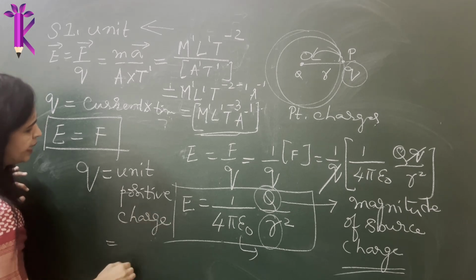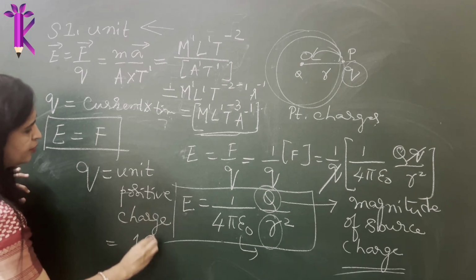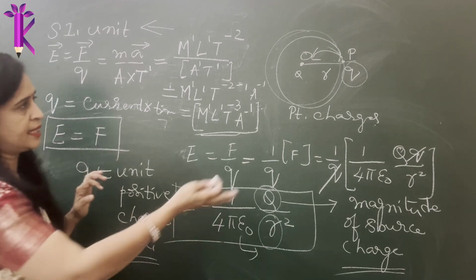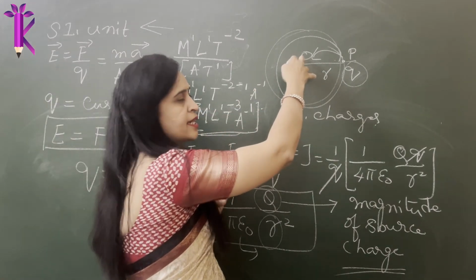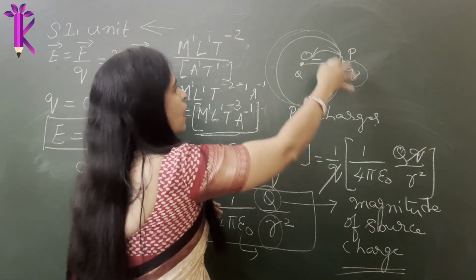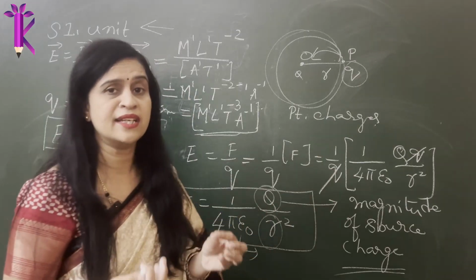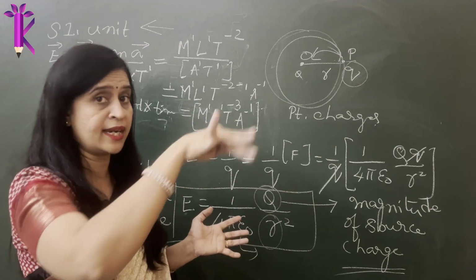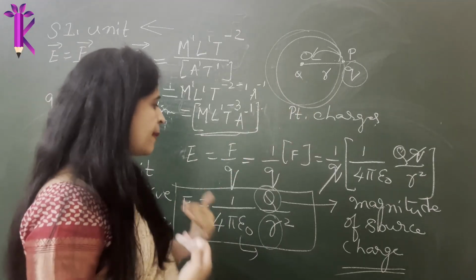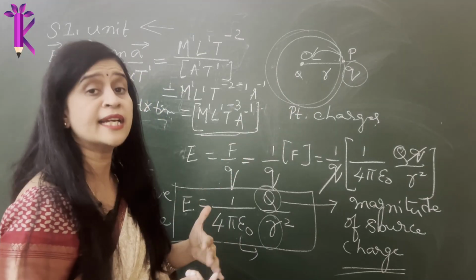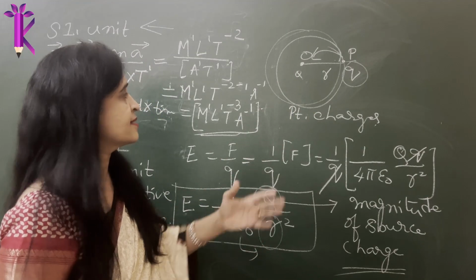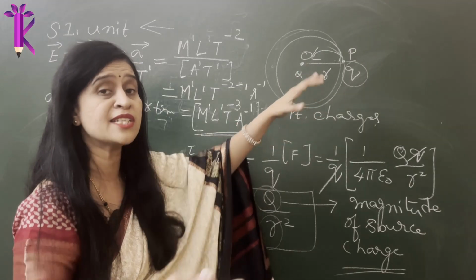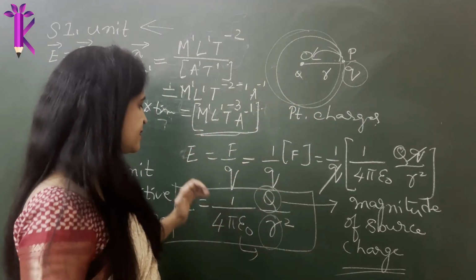So it could be 1 microcoulomb, or just 1 coulomb, although that is a very huge charge. You are basically using a minor charge because you don't want that charge to alter the force of influence already created by the source charge. We are using it only to test. That is why it is referred to as a test charge, and this is referred to as a source charge because it creates that field of influence around it.